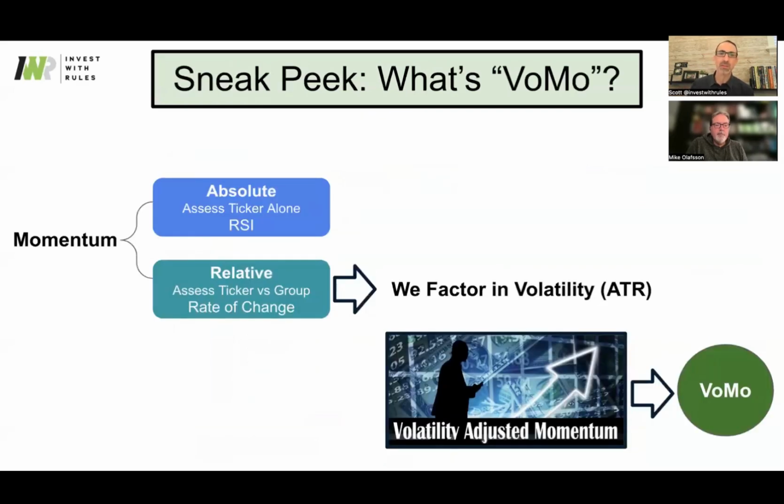So Mike, maybe you could hit a little bit on absolute versus relative momentum and how that applies to the small little tinkering that we're doing. Yep. And kind of like how we kicked this segment off, we talked about what momentum is, that rate of change. Well, really, momentum, generally speaking, gets broken down into two buckets when you take it down to the next level: absolute and relative. As members, we rely a lot on RSI, relative strength index. That's absolute. Relative could be like Investors Business Daily RS, relative strength rating, or in our case, our VOMO.